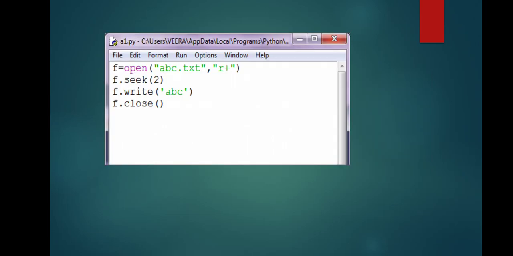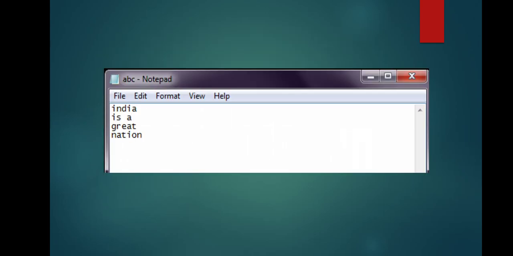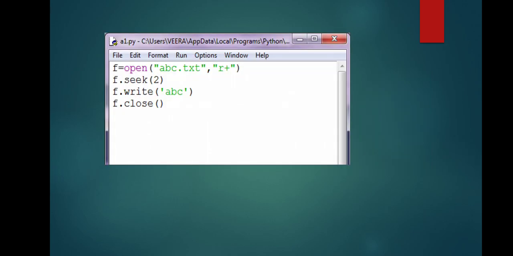Now after that, what I have done, I have written f.seek 2. 2 is the offset, and reference point I have not specified. That means it will take the reference point as 0. So where it will go? It will go 2 bytes forward. So where it will come now? It will come to the character D, right? Now the pointer is located at D character.